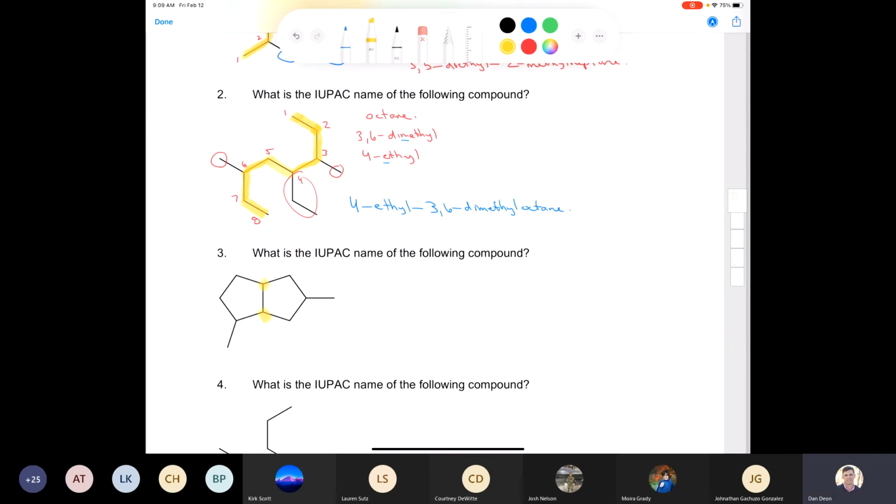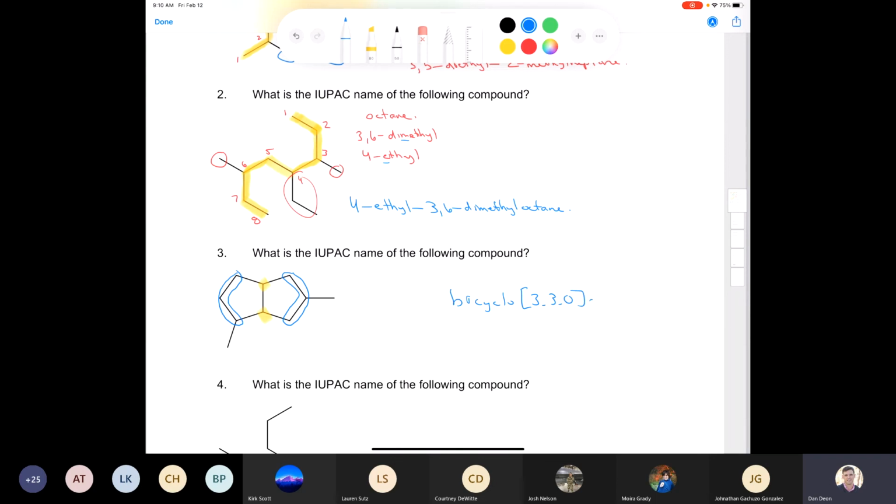We have one here. We have one here. Both of the bridges are the exact same length, right? We have a 3-carbon bridge here. We have a 3-carbon bridge here. The third bridge has no carbons in it. So the total number of carbons in the bicyclic system is 5, 6, 7, 8. So it's some kind of bicyclooctane, and it would be some kind of bicyclo